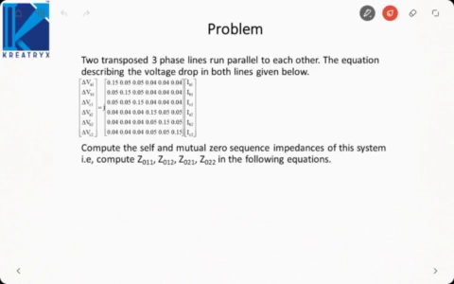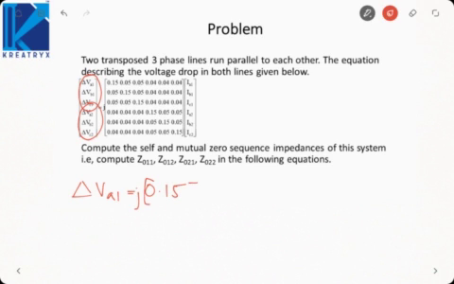In our next problem, it is saying two transposed three-phase lines run parallel to each other, and then we have the voltage drop in both the lines. So remember here, delta VA1, VB1, VC1 represent A phase, B phase and C phase voltage drop in line number 1. Then A phase, B phase and C phase voltage drop in line number 2. Now suppose I write delta VA1. From this matrix it will be